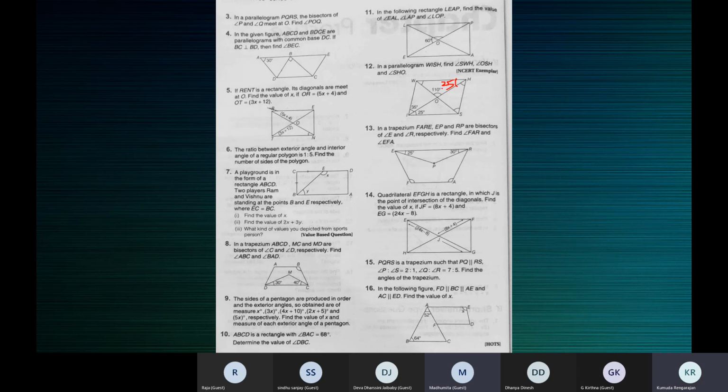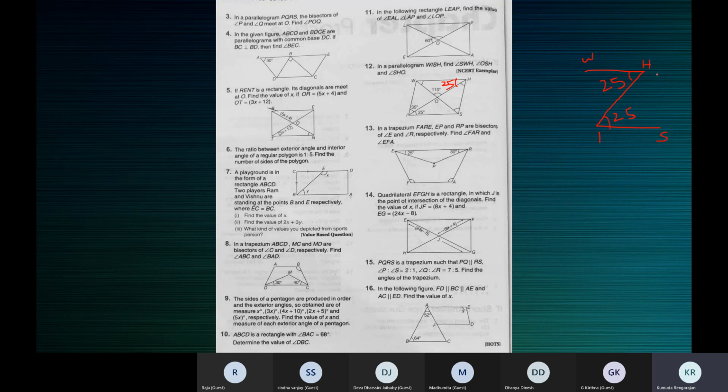Yeah, correct. Now in the triangle, after finding this, first you must write WH is parallel to IS. You can draw this figure actually. You can mark W here, H here, and then I, and this one is S. You can mark it like this. So this is 25. This is also 25. So what do you understand from this?